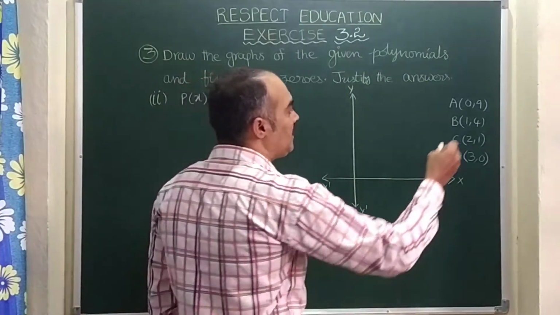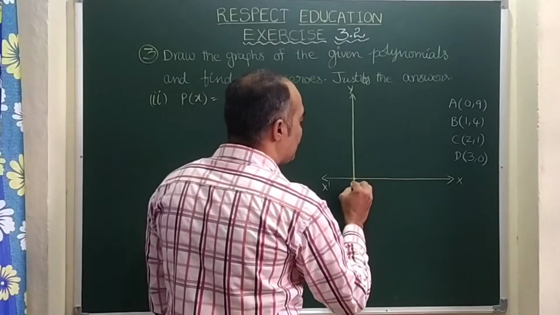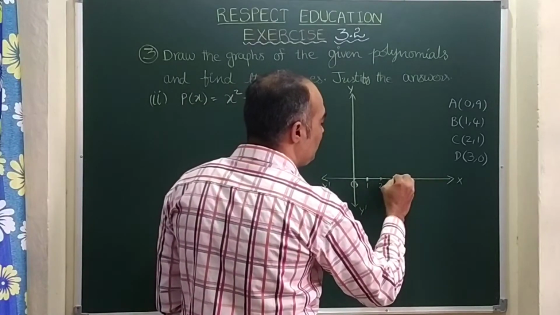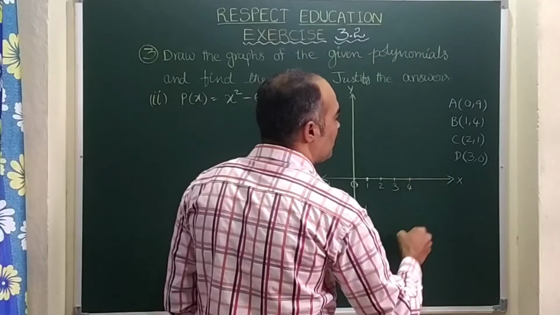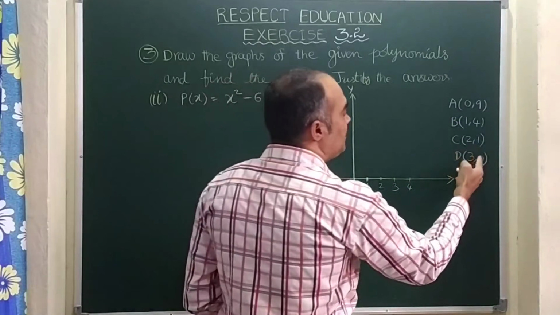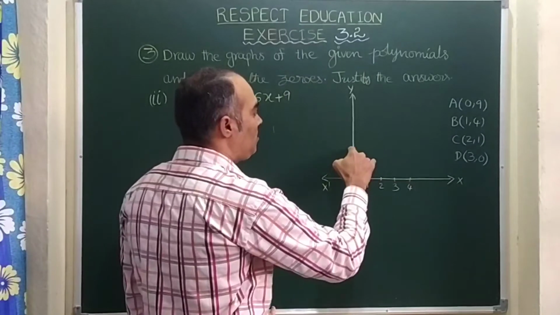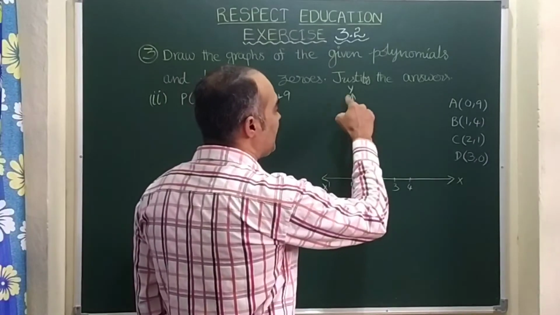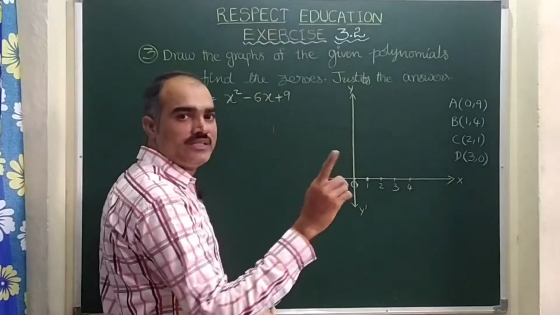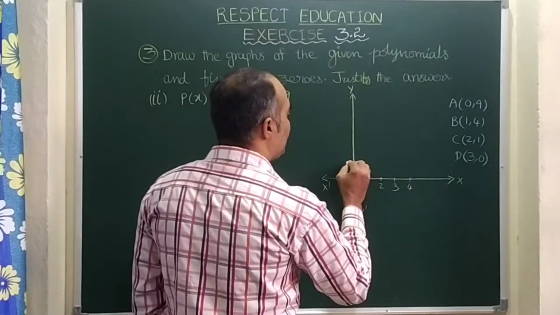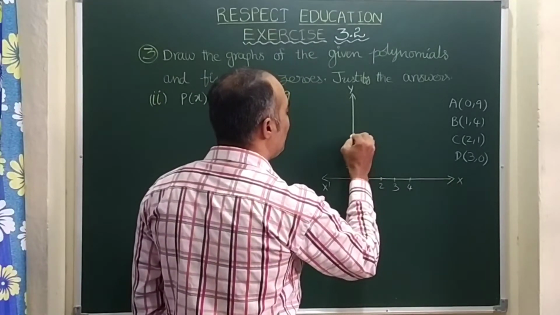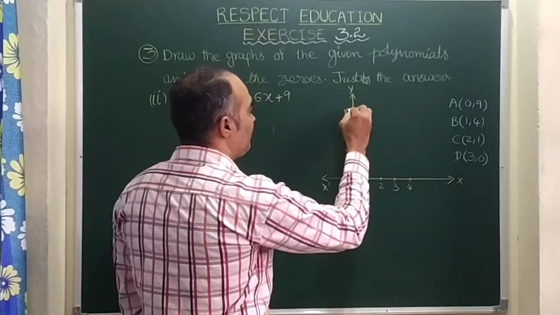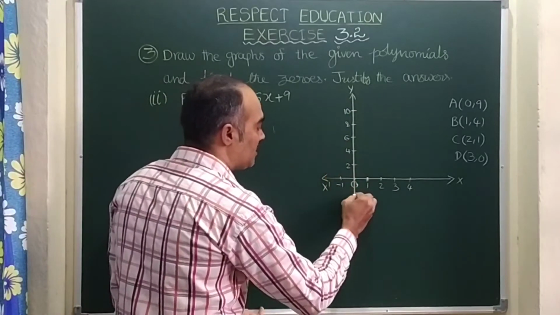Now let us plot the points here, x 0, 1, 2, 3. So this is O (0, 0), this is 1, here is 2, here 3, here 4. Now y values you see 0, 1, 4, 9. If I write 1, 2, 3, 4, 5, 6, the place may not be sufficient. So if I take 2, 4, 6, 8, 10, no problem. So I am taking on the y-axis 1 centimeter as 2 units. So this is 2, this is 4, 6, 8 and then 10. Let us also write minus 1 here, and minus 1 here.